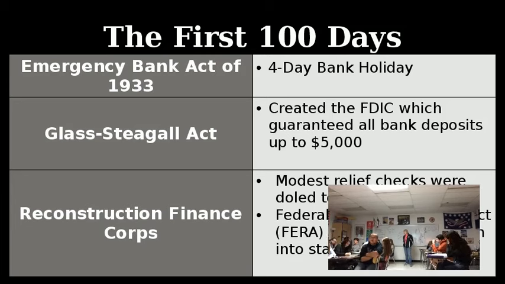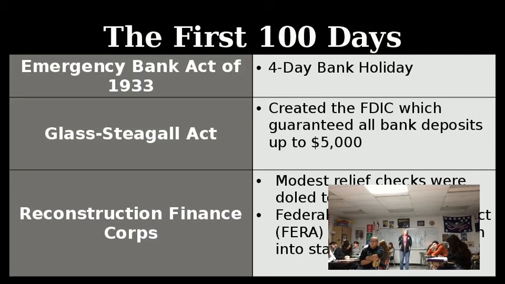They also passed the Glass-Steagall Act. This is what you probably know as the FDIC Act. And what the government did is they stepped in and guaranteed all these banks, and they said, we are going to ensure that your deposits up to $5,000 are safe. So there's not going to be any more stories about a guy who saves for 40 years, and then when the bank closes, he loses his $1,000. The government's telling us that even if the bank closes, your money is safe. Today, that number's up to $250,000, just for those of you who have a cool $250,000 just laying around. My $10 is safe. I know that.